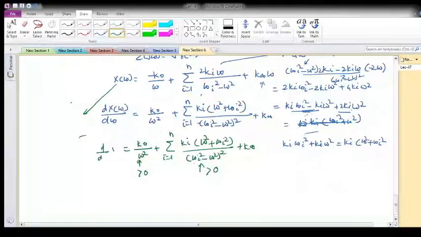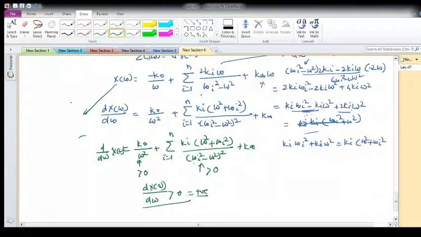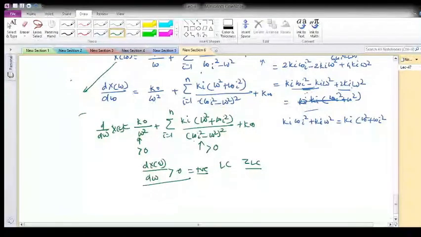Okay, so what will be the slope of x of omega? The slope, or the differentiation of reactance with respect to omega, is always greater than 0, meaning it is always positive. So this is a very important property for the LC driving point impedance function, right? That the slope of the reactance function is always strictly positive. Okay, if slope is 0, then x of omega is identically 0, so the function is identically 0, you can say.